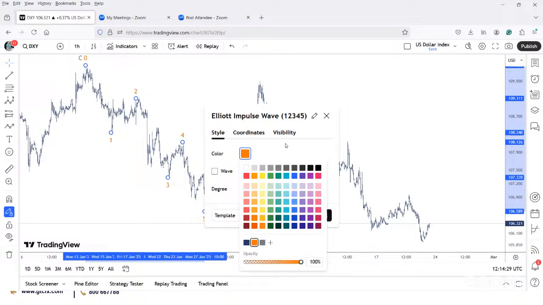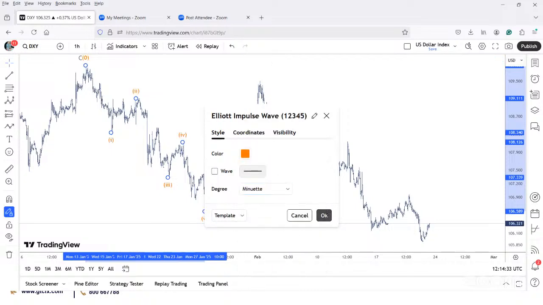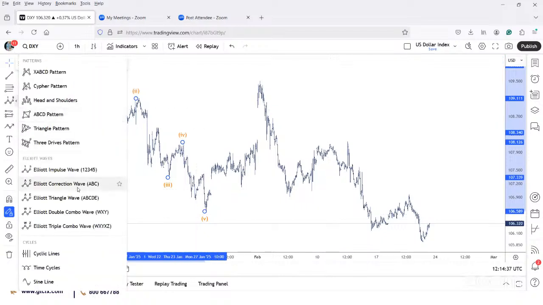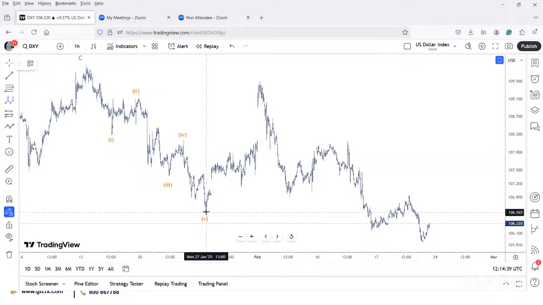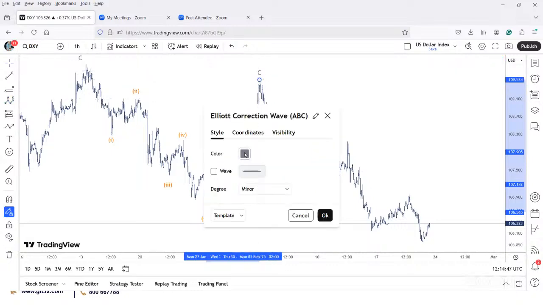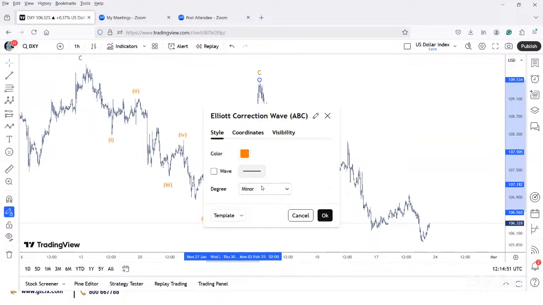Let me just change the degree to minute. All right, that's the corrective wave